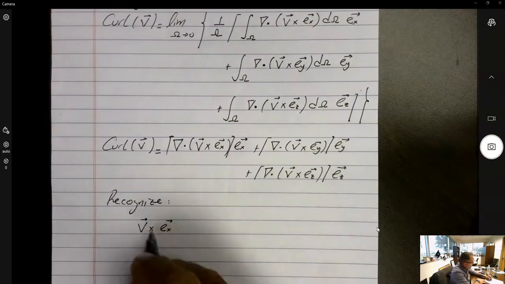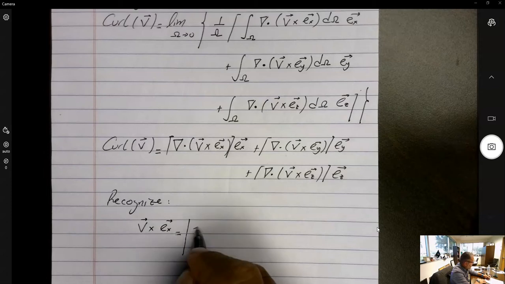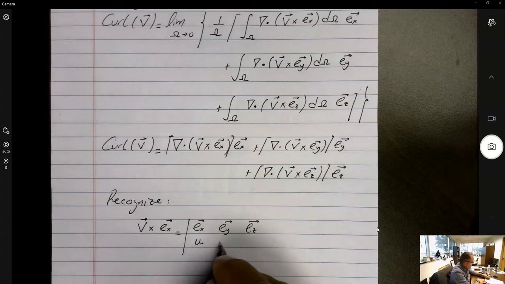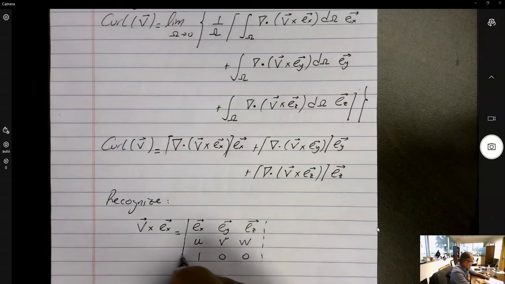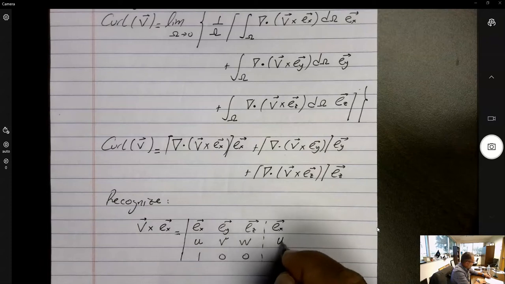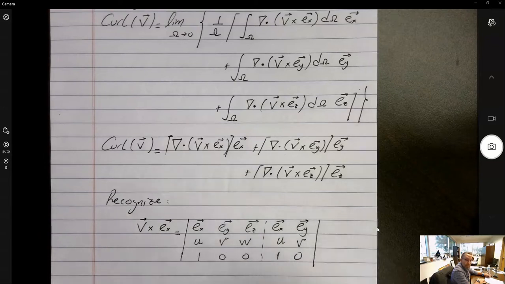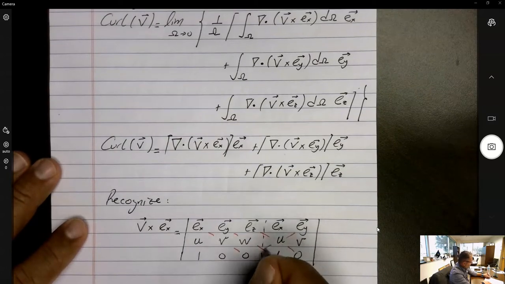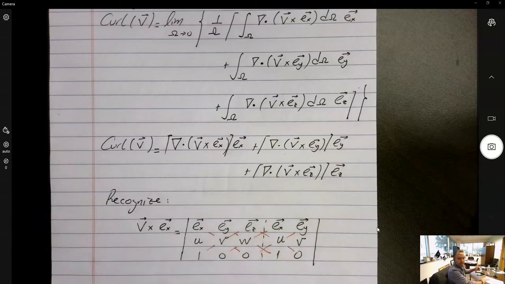So how do I perform the cross product of these two vectors? Again, I do EX, EY, EZ, the three components of V, which is U, V, and W, and the three components of EX, which is 1, 0, 0. And then I augment this matrix, and then I calculate the determinant of these, which is multiply the diagonals and then subtract the multiplication of the counter diagonals in order to arrive at V cross EX